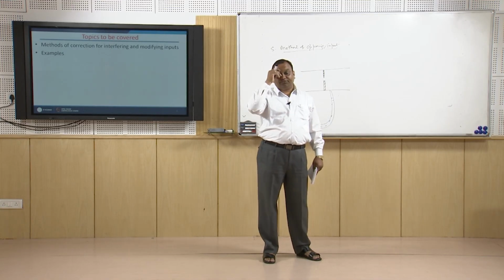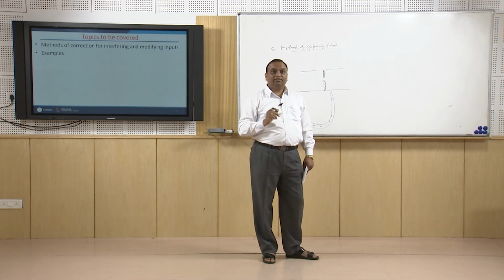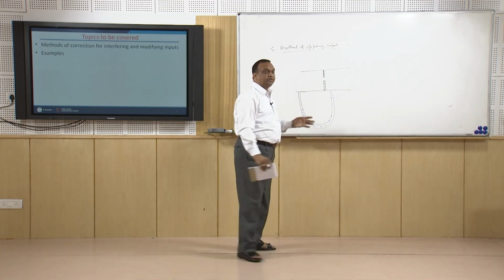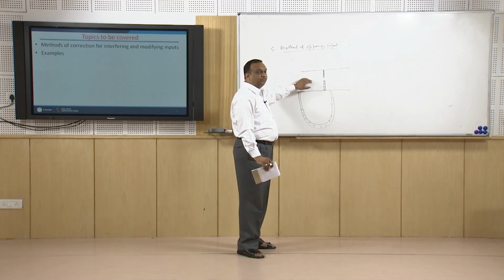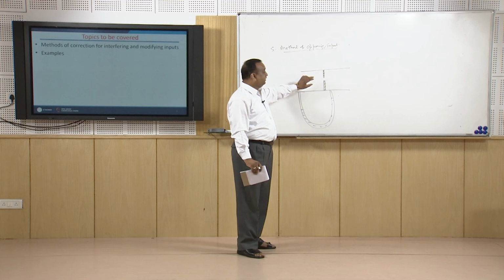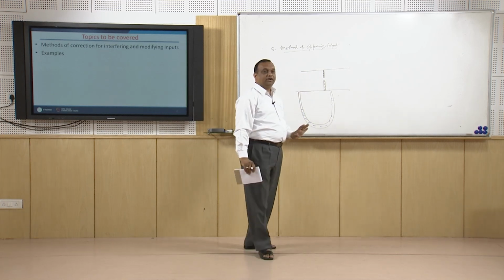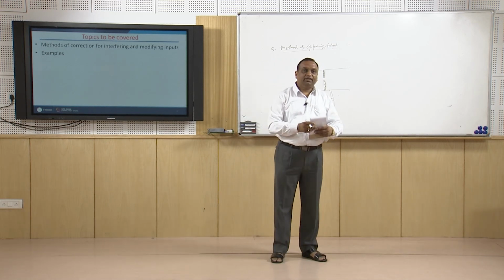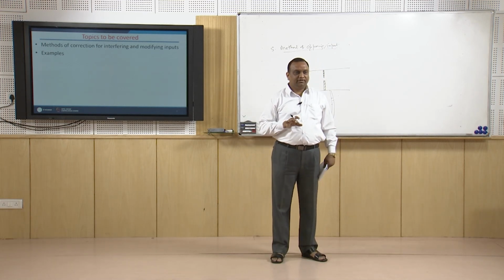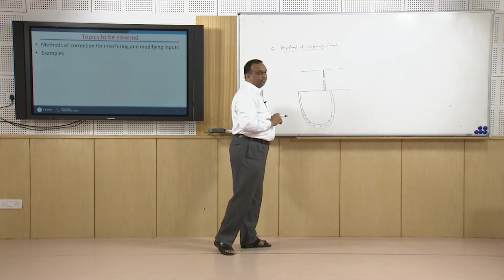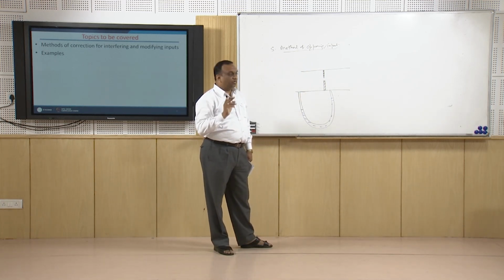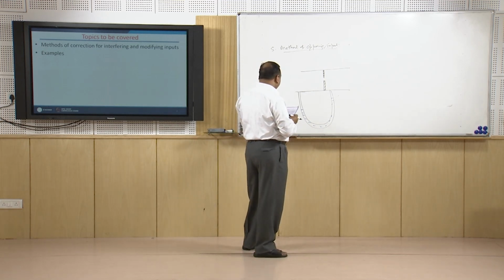Suppose there is a change in temperature. When the temperature rises, the density of the fluid will reduce, and that will change the mass flow rate through the orifice plate. So this instrument is sensitive to temperature. If there is a variation in temperature, the mass flow rate will also change, right. So in order to cope with this problem,